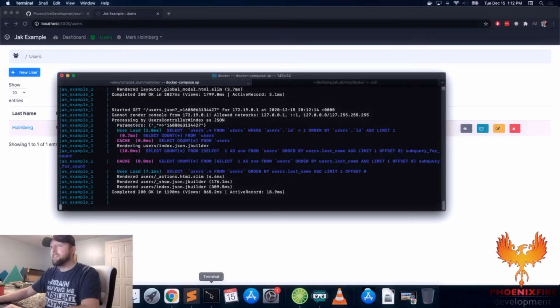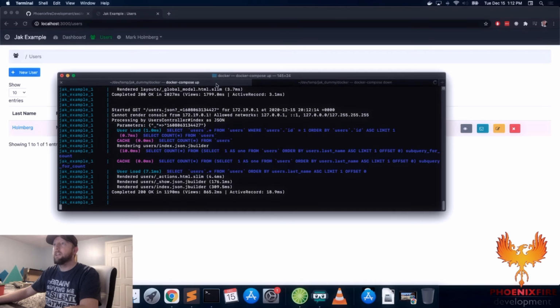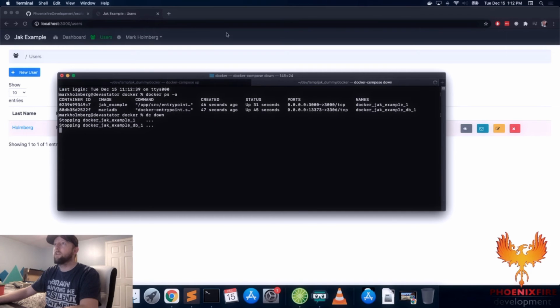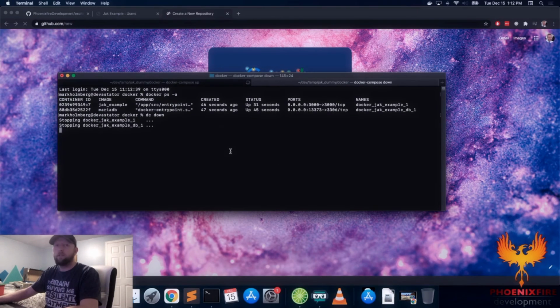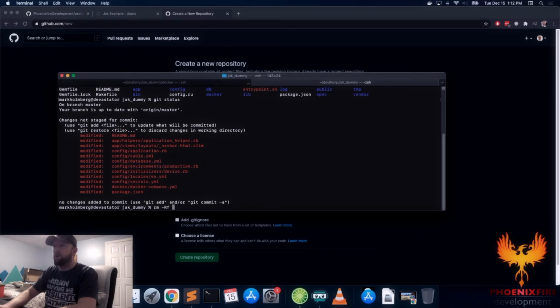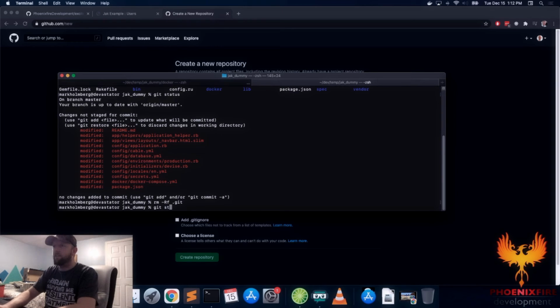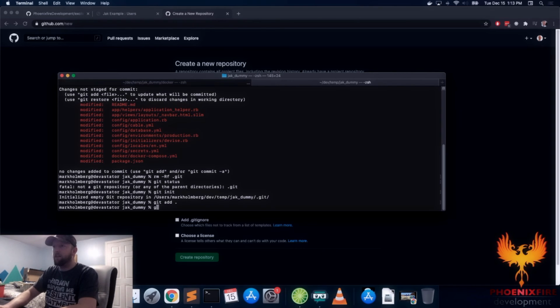Now we have to go ahead and disconnect it from the root repository. So we're going to say Docker Compose down, which will turn off the Docker containers. And then once that happens, what we need to do is go over to GitHub, and we're going to create a new repository. So the application has gone offline, and we're going to say rm -rf .git, git status, which there should be none because we just nuked it, git init, git add dot, git commit,